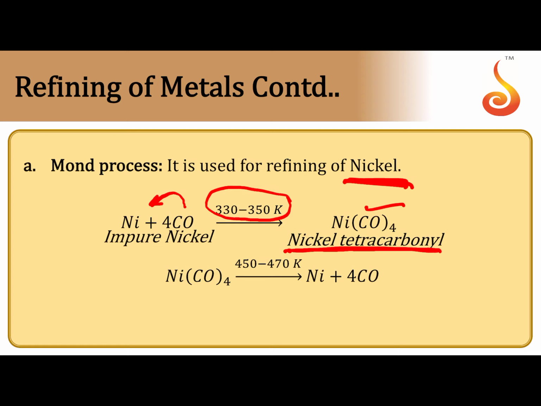That is the synergic effect. After the formation of nickel tetracarbonyl, the vapors are separated, passed into another chamber and then heated to a very high temperature. At this high temperature the complex cannot exist. At around 350 K, carbon monoxide combines with nickel forming nickel tetracarbonyl, but at very high temperature nickel tetracarbonyl decomposes to give nickel metal, and carbon monoxide escapes. Like this we can purify nickel. Other impurity metals won't combine with carbon monoxide, so they remain in the form of solid metals.